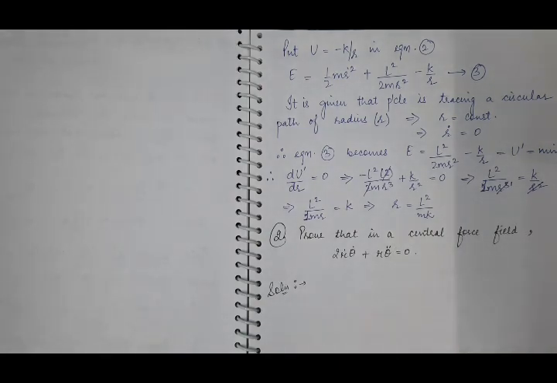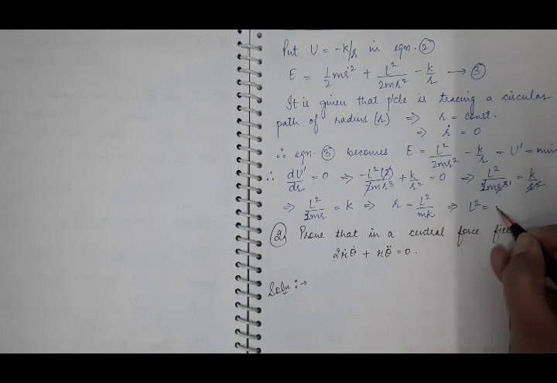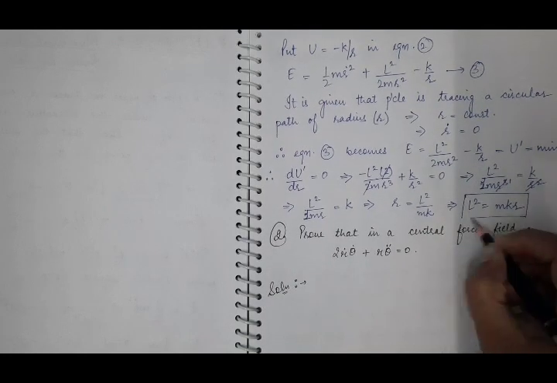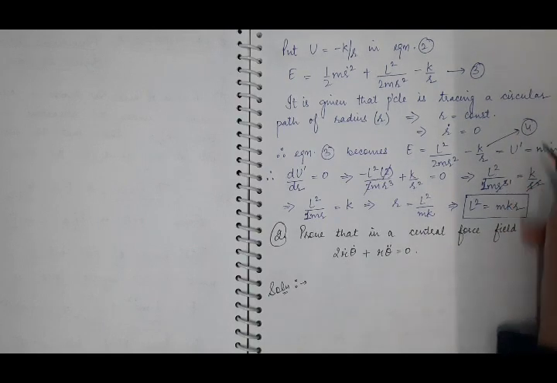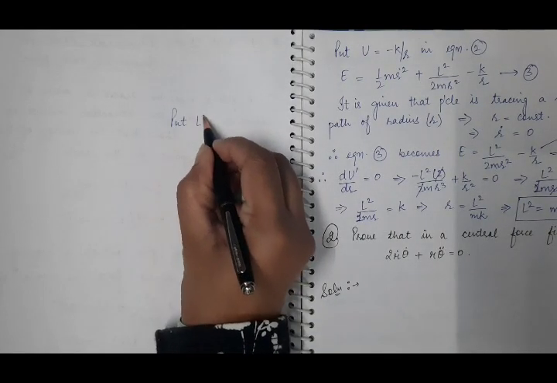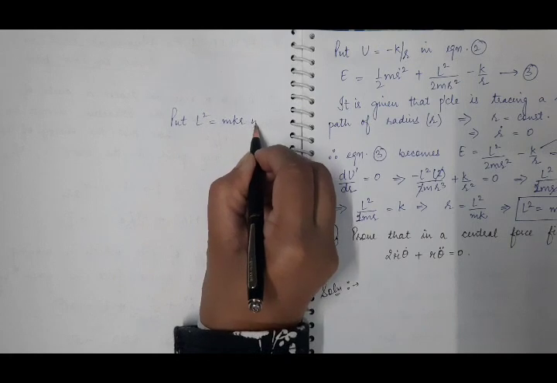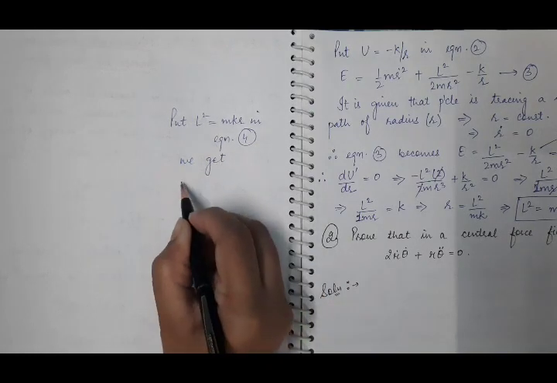And we have to find the expression of total energy is equal to minus k by 2r. It means m is cancelled out in the final expression and L square is cancelled out in the final expression. So put the value of L square from here. L square is equal to mkr. Put L square is equal to mkr in equation 4th, and we get the expression of total energy.